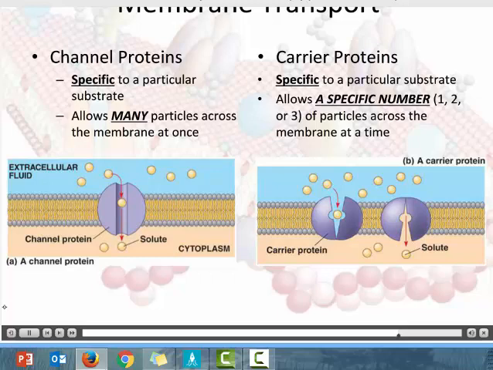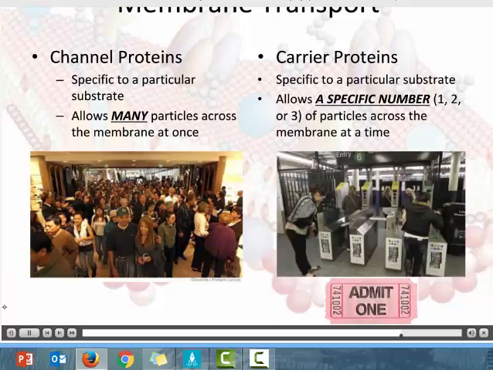So channel-mediated diffusion is like the door to a mall. Any number of people can move in and out of that door, whereas carrier-mediated diffusion is going to be like going to a movie. You can only get into the movie if you have a ticket. That ticket allows one person to move through the doors of the movie theater at a time. So we can get back to our different types of